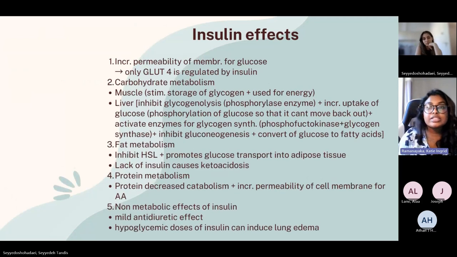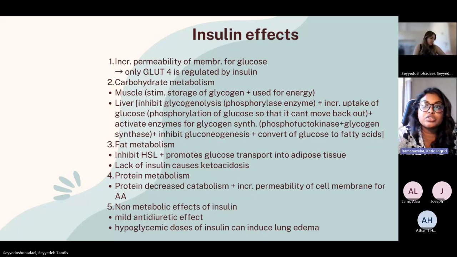Okay, so now the effects of insulin. It's very summarized here, but this should give you a general idea of what insulin does. The first thing is, in general, insulin tries to reduce glucose levels in the blood. How it does this is it increases permeability of the membrane of many different types of cells. So it tries to get the cells of certain tissues to take glucose inside and use it for metabolism and for energy. But insulin is only able to have an effect on the tissues that have this GLUT4